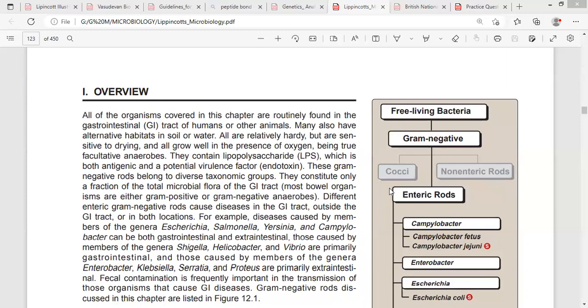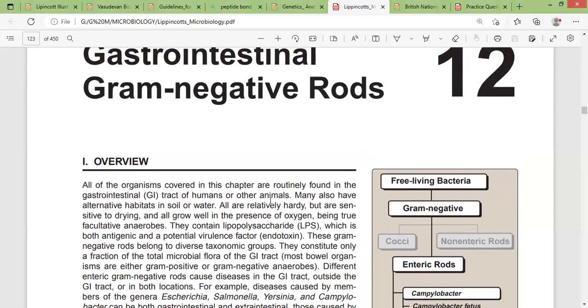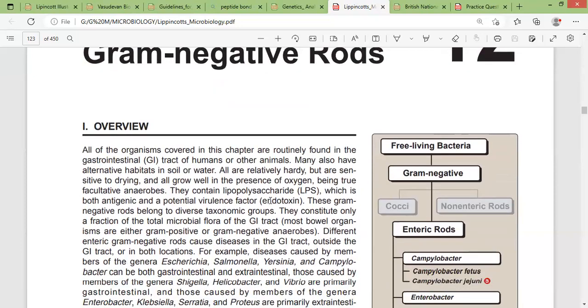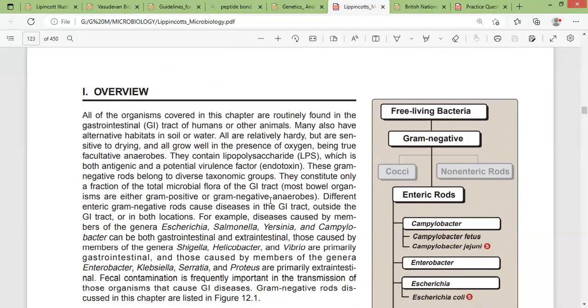So when we're talking about gram-negative rods, these are number one. These organisms are usually just found in our GI tract. Let me not say stomach, more of the intestine. Right, but we'll also see them being found